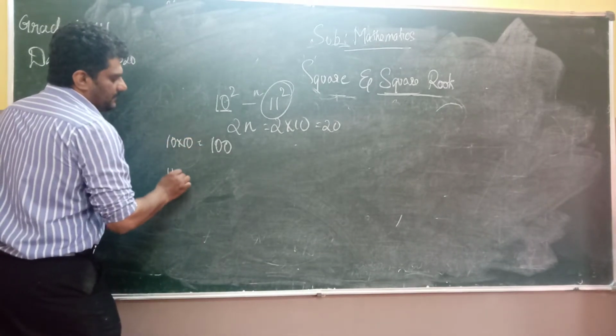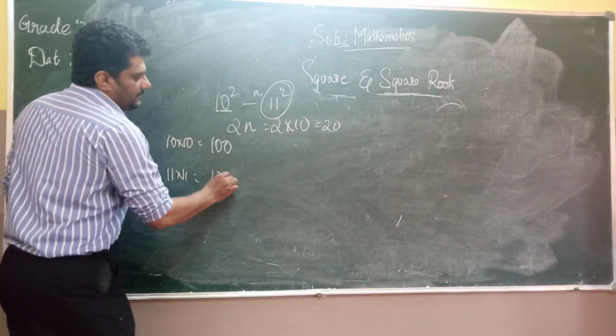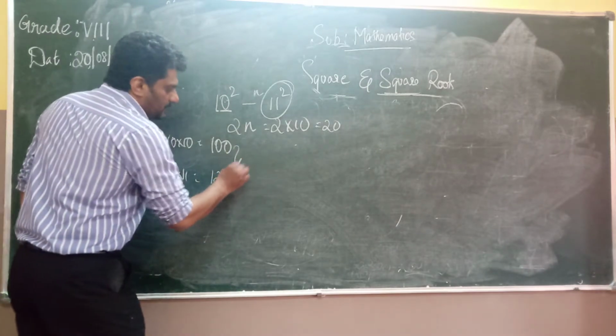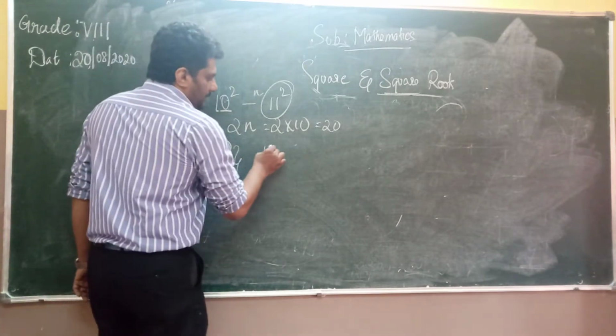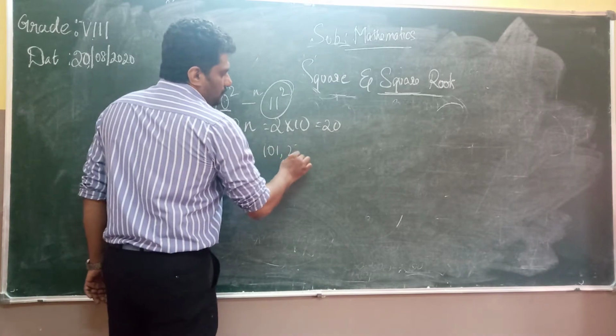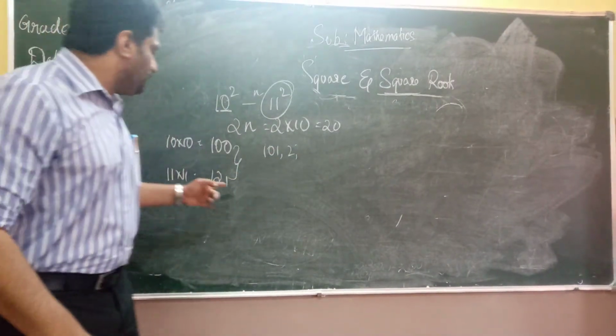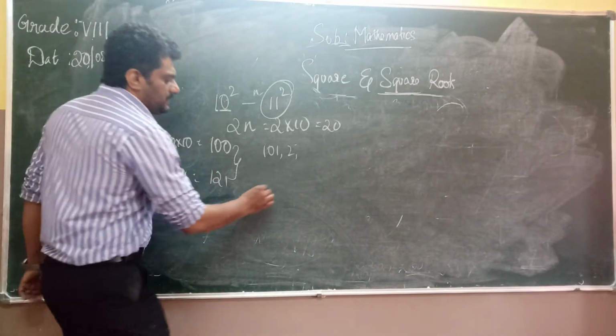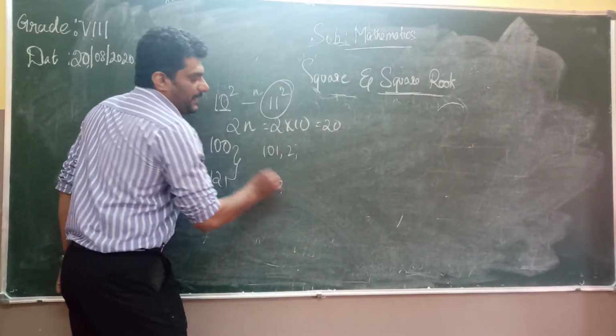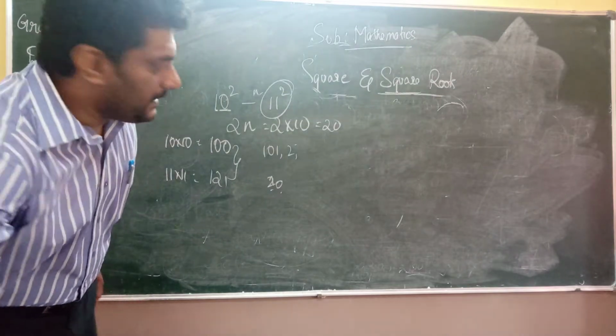11 square is 11 into 11, which is 121. So numbers between these are 100, 101, 102, 103, 104, up to 120, which is 20 numbers we have. Okay? Similarly, you can try